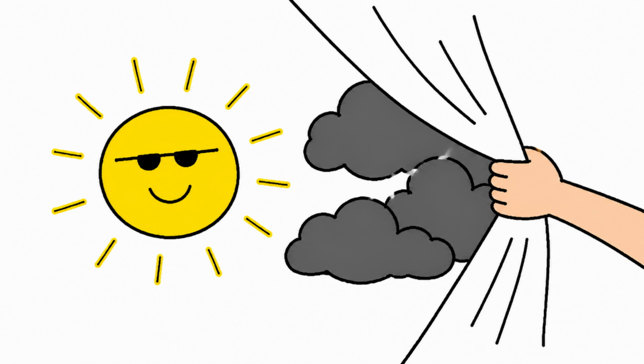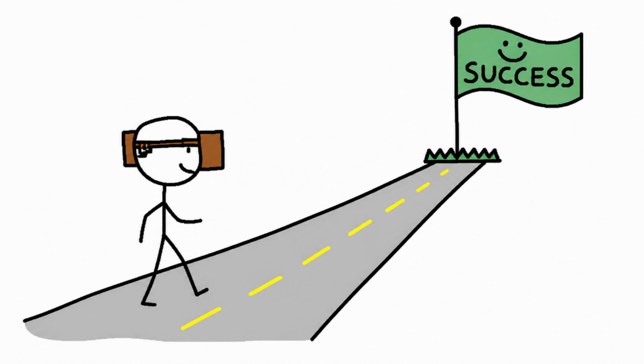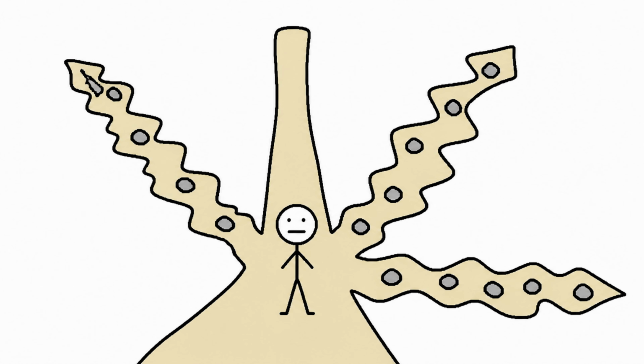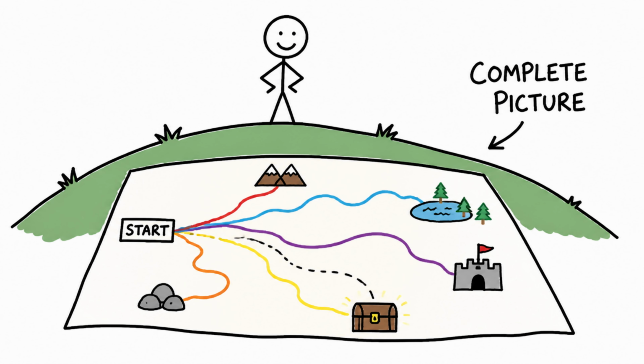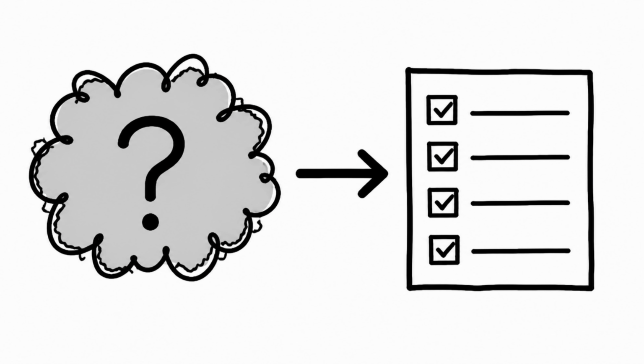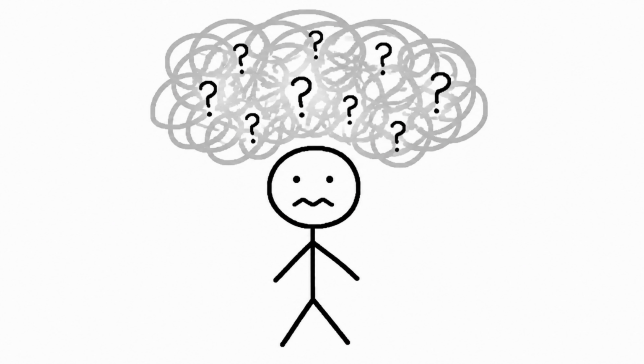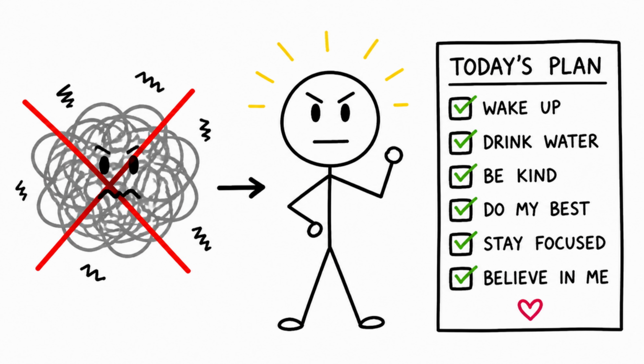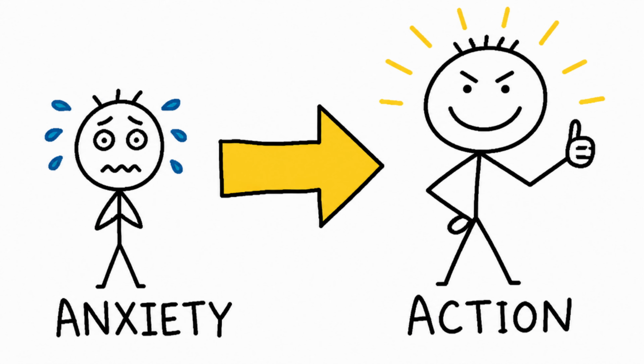Second, it uncovers risks that optimism usually hides. When we plan for success, we often only imagine one path forward, the smooth one. A pre-mortem forces you to imagine multiple paths, especially the rocky ones, and that gives you a much more complete picture of what could actually happen. Third, it turns abstract worry into concrete action. Instead of a vague feeling that something might go wrong, you end up with a specific list of causes and a plan to address each one. That shift from anxiety to action is often the biggest benefit of all.